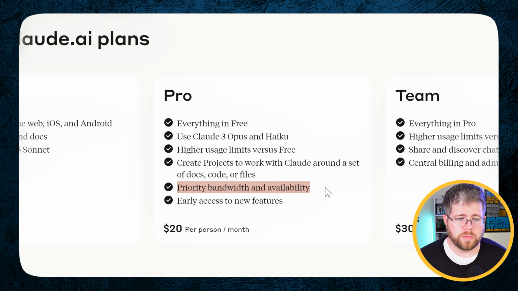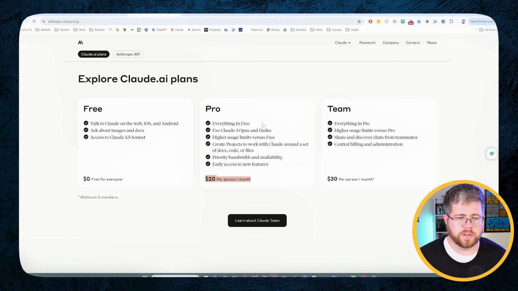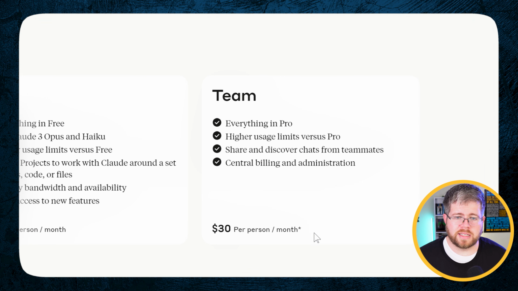Plus you get priority bandwidth and availability, early access to new features. I found it to be faster than the free version. So a lot of good things. And that is $20 per person per month. And as of right now, there is no annual option or quarterly option. You just pay monthly. Last but not least is the team pricing here, which is $30 per person per month,